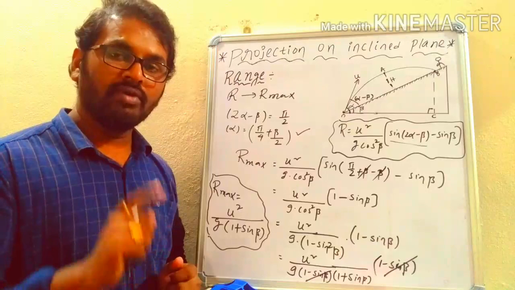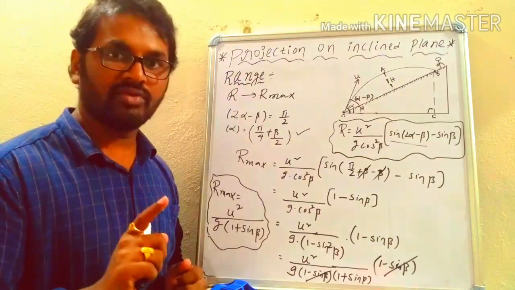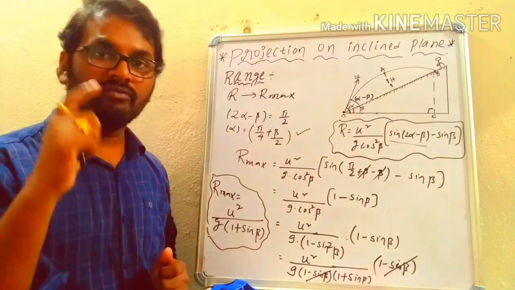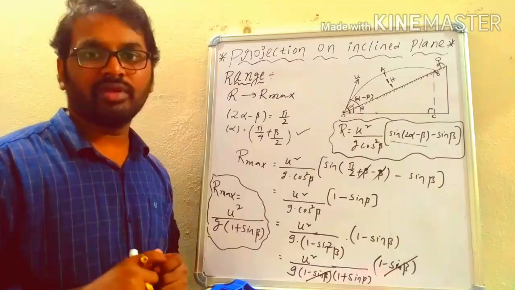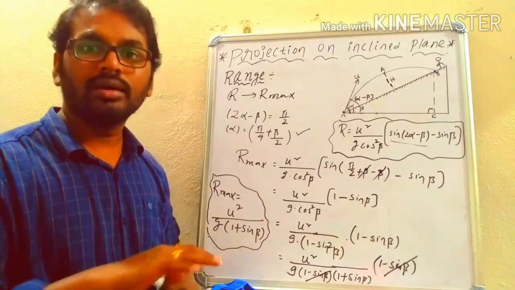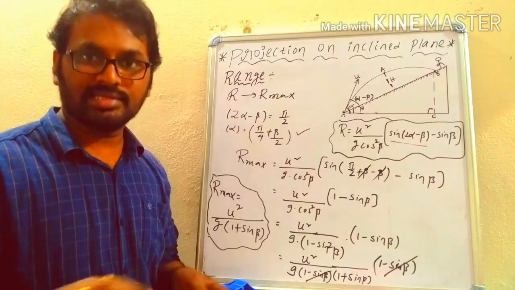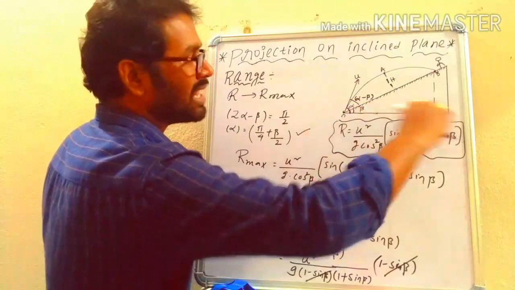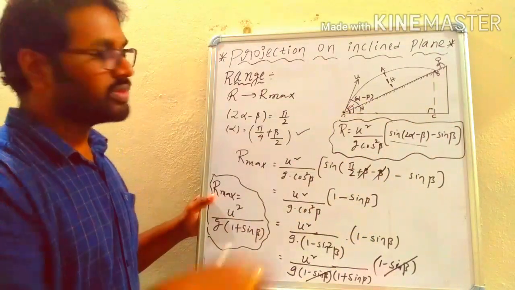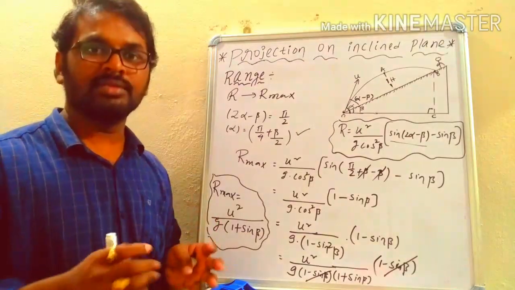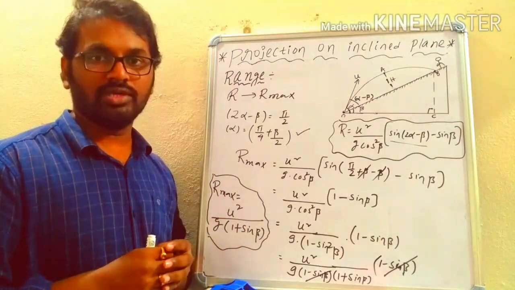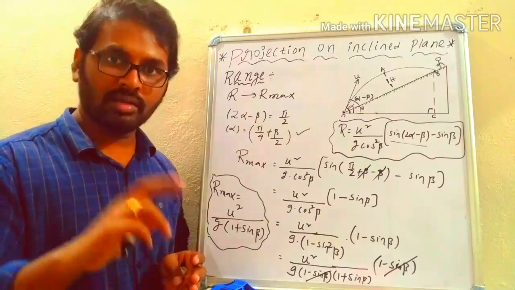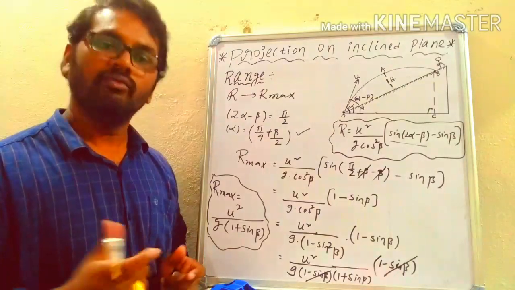If you notice, for finding the time of flight, we used the reference x-axis along the plane and y-axis perpendicular to it. But for finding the range, we changed the reference: the normal ground axis is taken as the x-axis. It is named as the OC line. You can see the OC line is along the ground. With respect to this axis, we derived the range equation. So when you are dealing with any equation, if one of the parameters comes as 0, we can solve the question very easily.